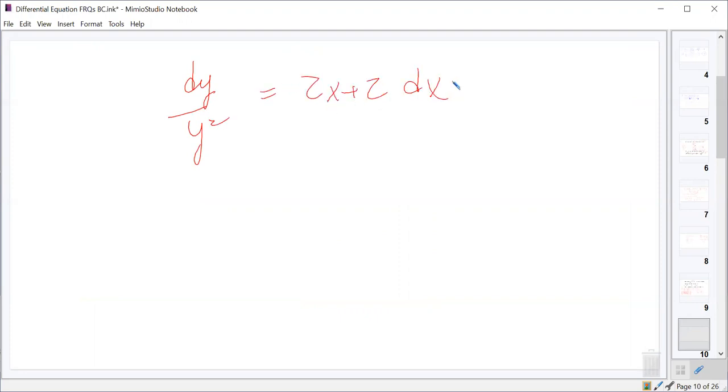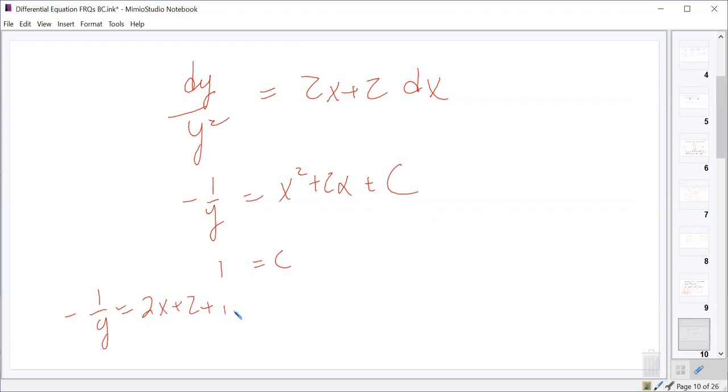So separate the variables. Integral of y to the -2 ought to be -1 over y. This becomes x squared plus 2x plus c. Our initial condition was 0, -1. Is that right? I believe. Yeah. So we get a 1 equals constant. We have -1 over y equals x squared plus 2x plus 1. And we're just going to take a reciprocal of that and make it negative. So we end up with y equals